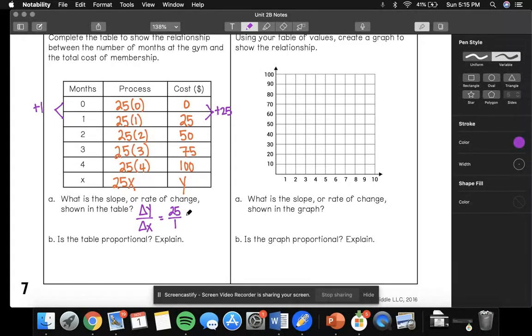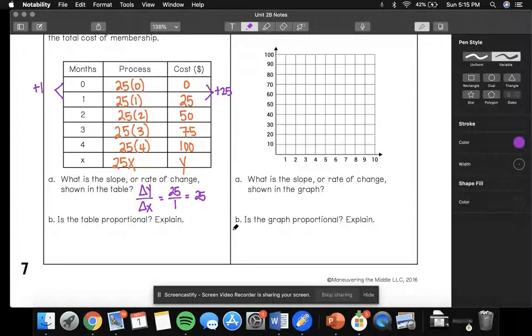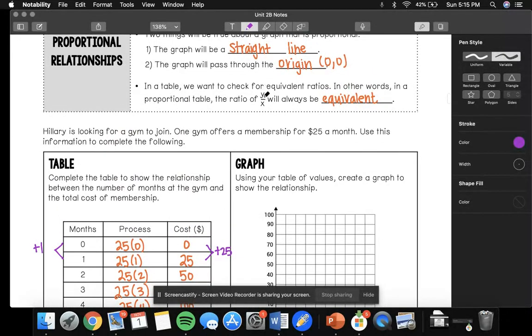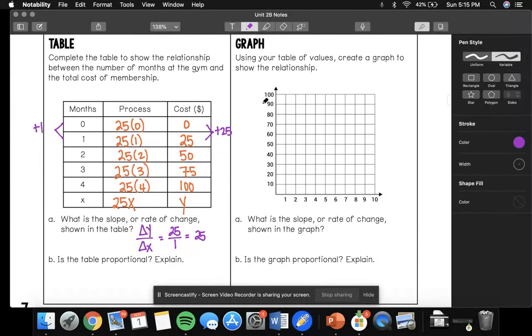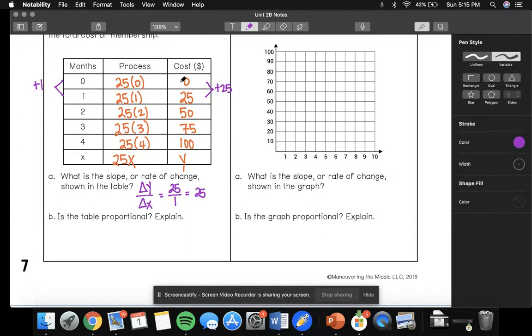Okay, so the slope or the rate of change is 25 for every 1, or just 25. Is the table proportional? To check if a table is proportional, we have to check our ratios, y to x, and if they are equivalent every single time, we would call that proportional. Okay, so (0, 0) is the only one we don't count, because 0 divided by 0